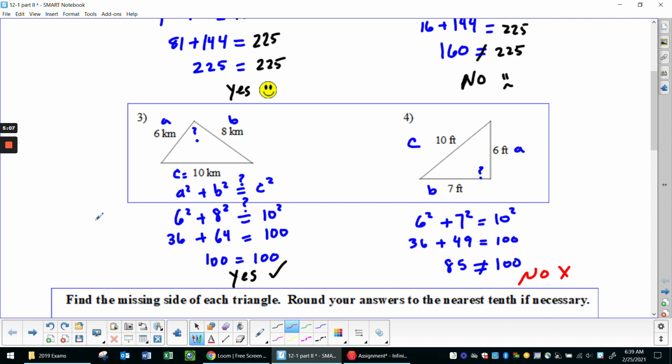Okay, so I went ahead and solved the first one. For number 3, it is going to be a yes on this one. So the two sides equaled each other. And if you went ahead and solved number 4, you would see that